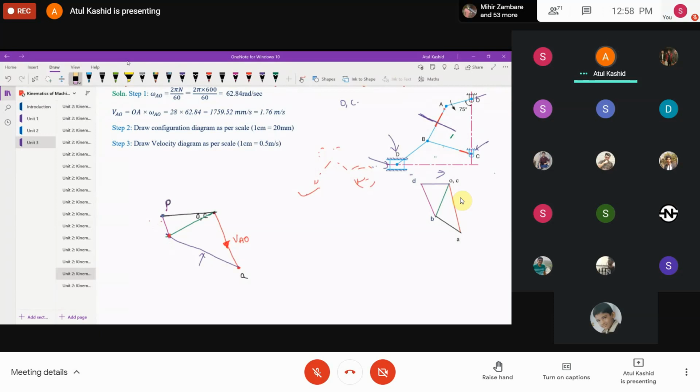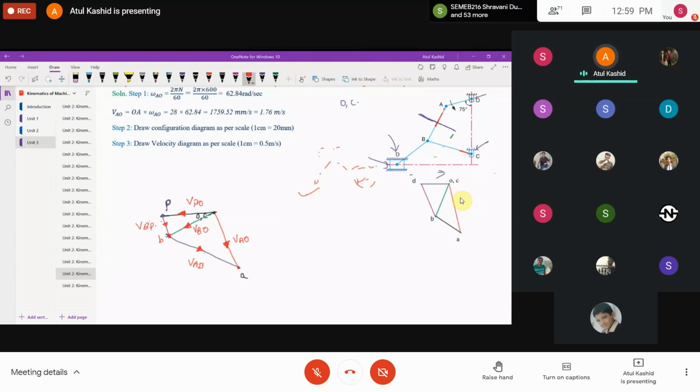I will write this point B somewhat downwards. So if I want to show the velocities, how am I going to show them? If I show the arrow in this direction, it will be velocity of A with respect to B. If I show here, I have shown velocity of A with respect to O. Then here, if I show like this, it will be velocity of P with respect to O or C. If I show like this, it will be velocity of B with respect to P. And if I show like this over here, it will be velocity of B with respect to O.